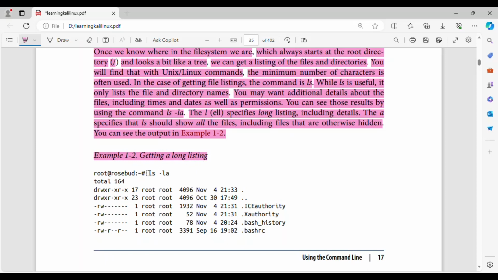Example 1-2. Getting a long listing. root@rosebud# ls -la